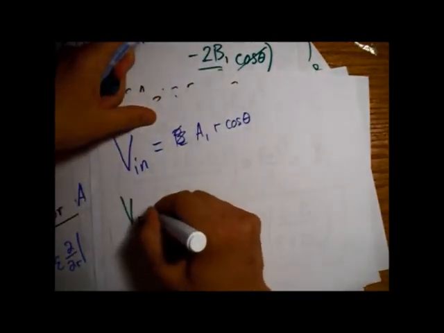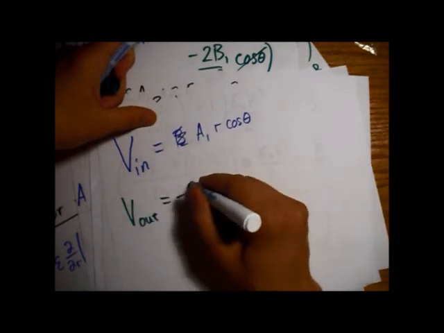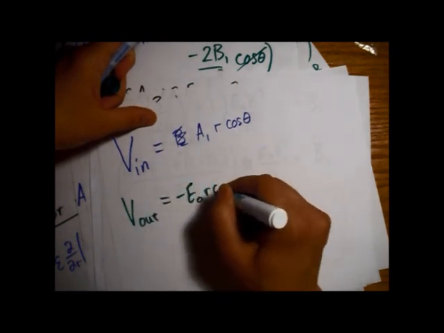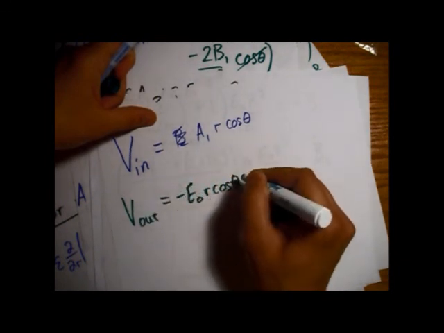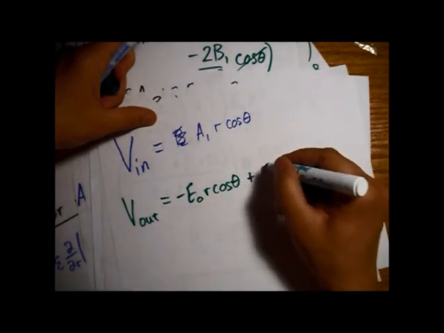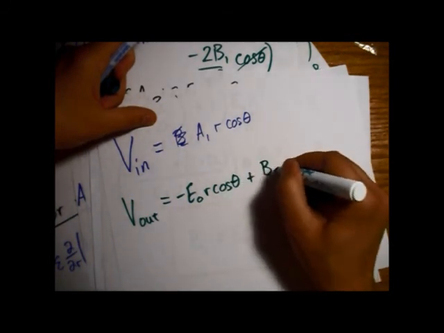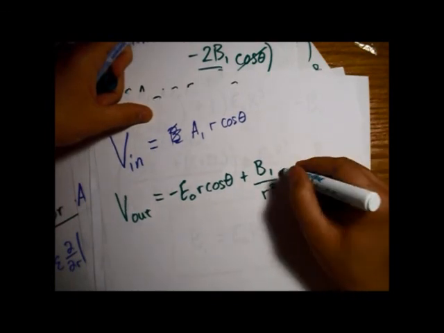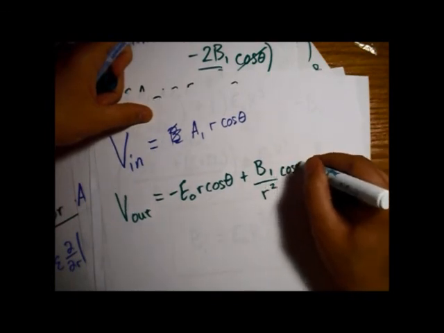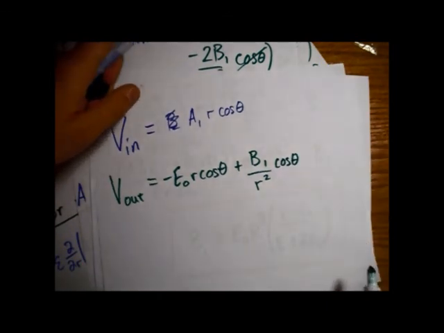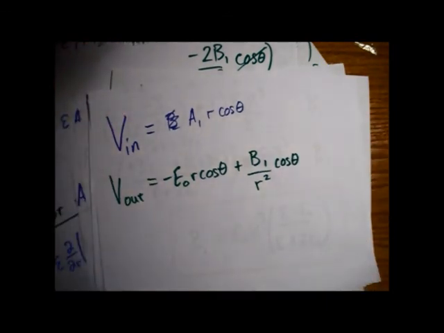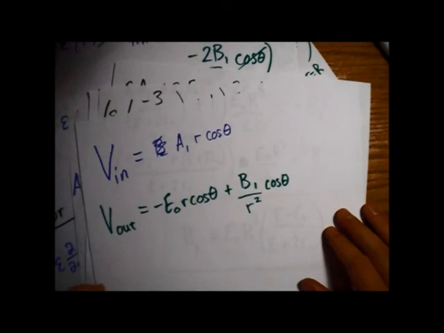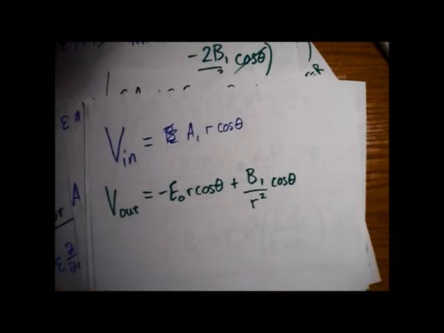And outside, we had our minus E naught r cosine of theta plus a b1 over r squared cosine of theta. Okay? Is that right? I think that's right. Right? All the other higher terms went away. So,